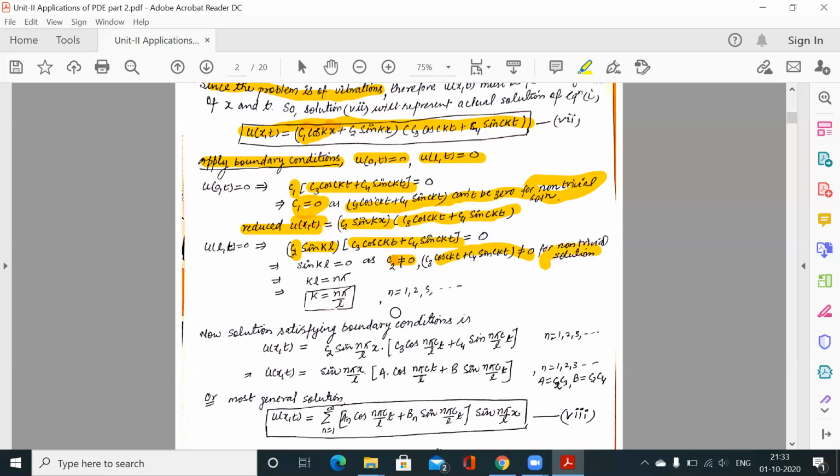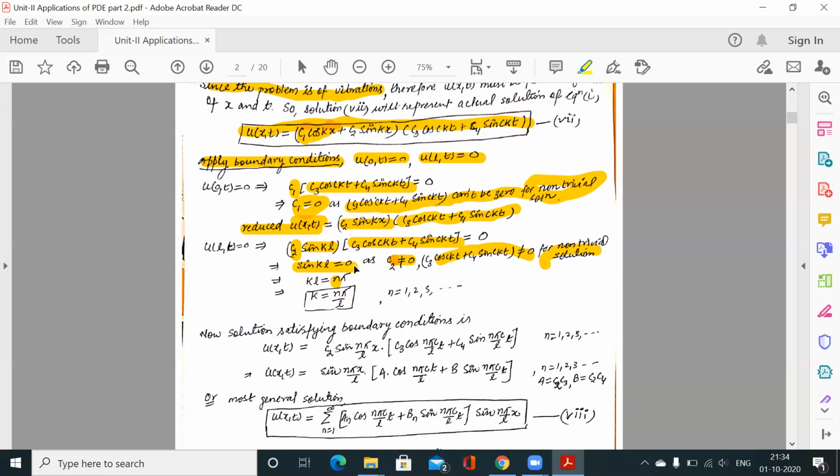So the only possibility which is left is sin kL is 0. This can be 0. Why? Because this is not sin kx. Here we have three terms, c2 sin kx and this factor. So none of these three factors can be 0. This is sin kx and this is sin kL. This is different from this. So now this sin kL may be 0. So the only possibility left is sin kL is 0, because c2 cannot be 0 and this factor cannot be 0. So sin kL is 0, and when sin kL is 0, kL is n pi, because sin is 0 for every pi.